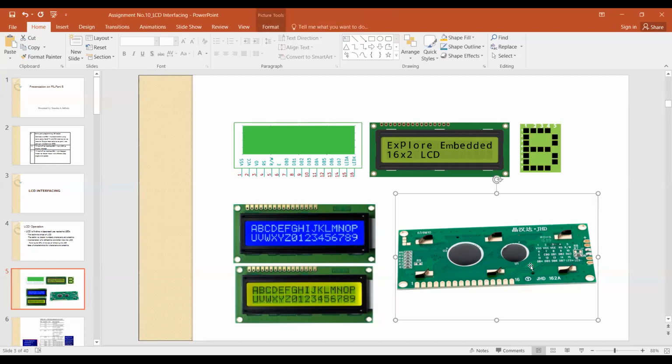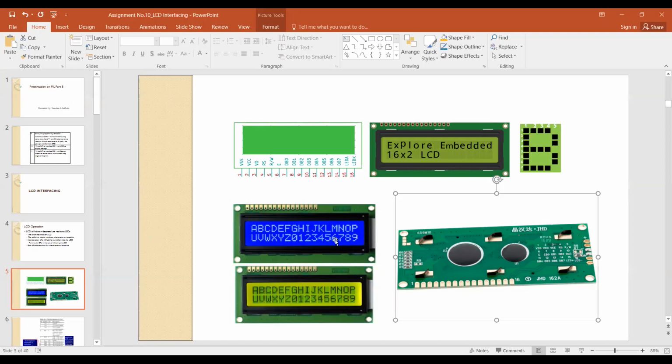Now just check this configuration, the backside of this LCD. On the backside of the LCD, you can read pin number 1 to pin number 16. Are you able to see this? Backside of LCD. So this is called an LCD display.